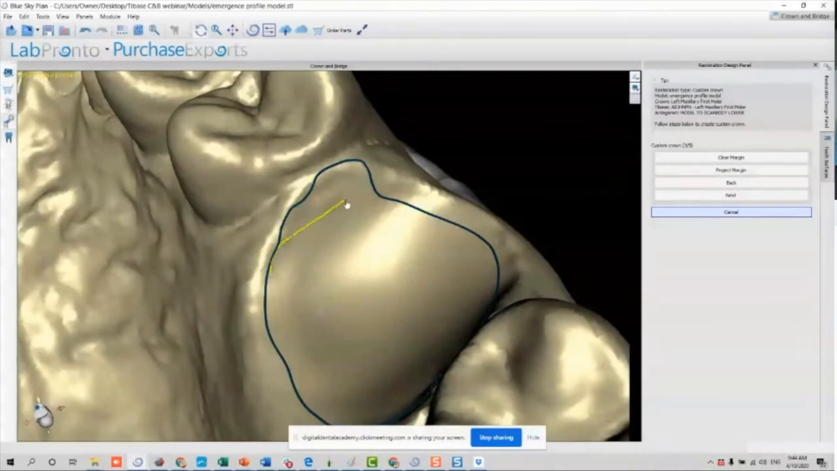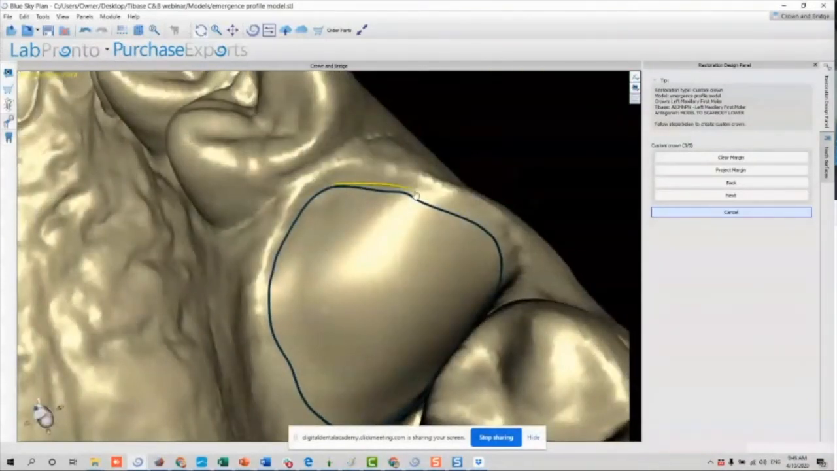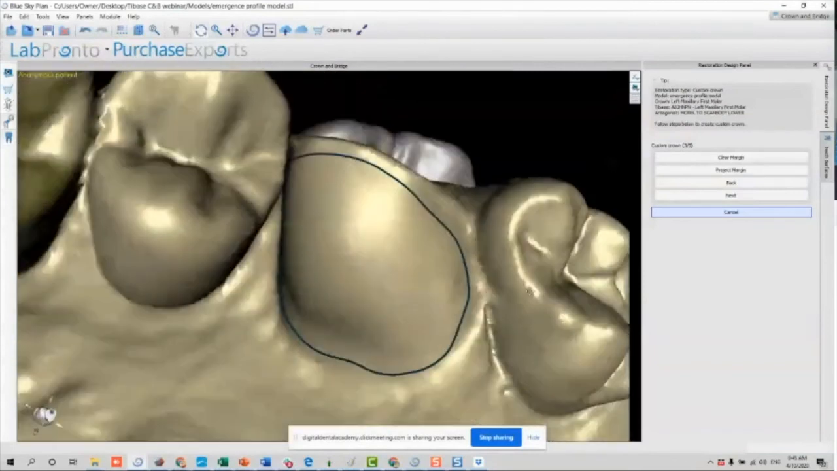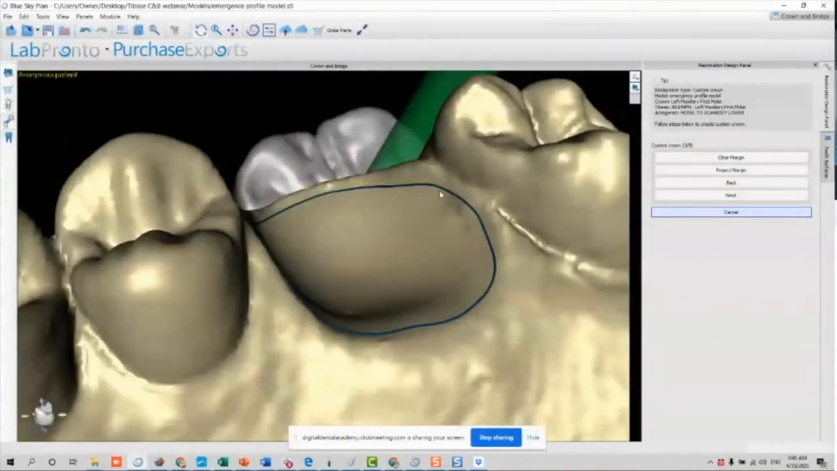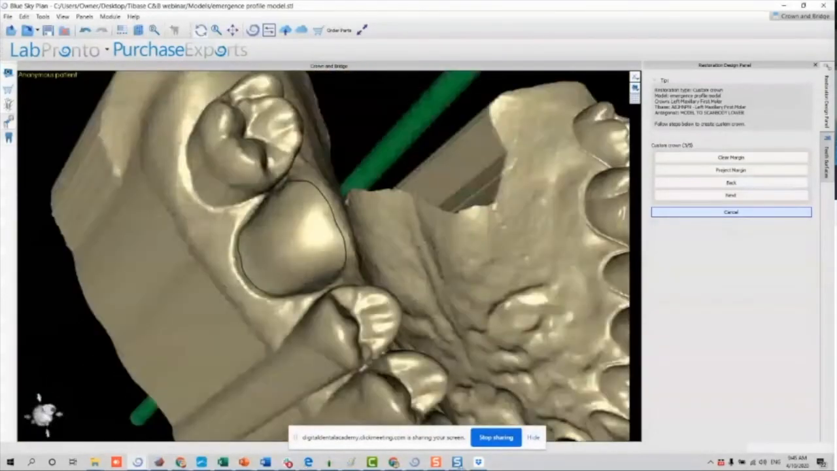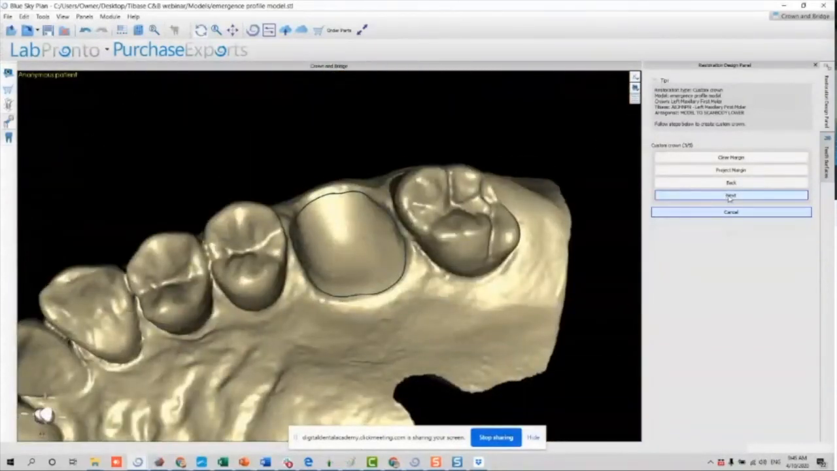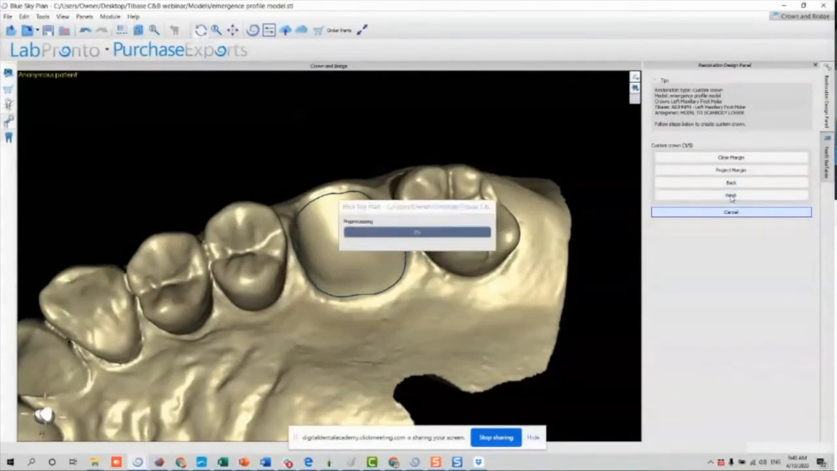Okay, good. So now here we can see that we have a nice margin that is subgingival. Why do I care if it's subgingival? It's because my restoration needs to have a margin that comes through the gingiva in order for the restoration to look natural. Okay, so once you have this, you're just going to click next,